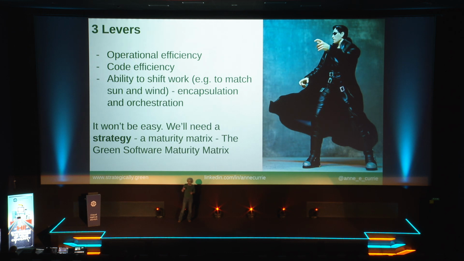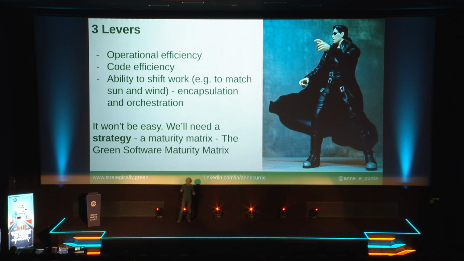So green software, in order to achieve those two goals of minimizing resource use and making your system more resilient, we tend to say there are three levers that you have and that you need to pull to achieve that. The first lever is operational efficiency. It's basically running your systems on less hardware, whilst still providing the same level of service. So that cuts your cost and it makes your systems greener because you're running on less hardware.